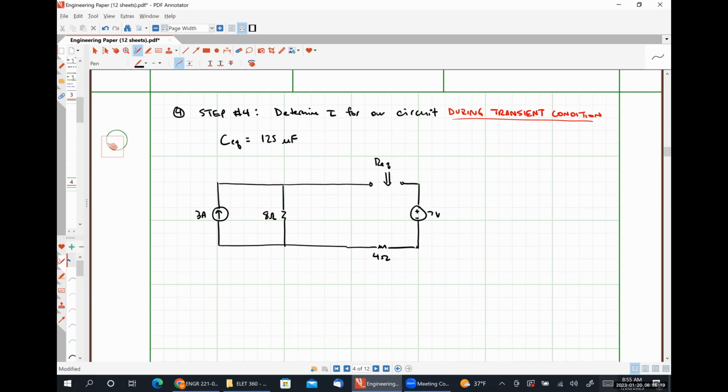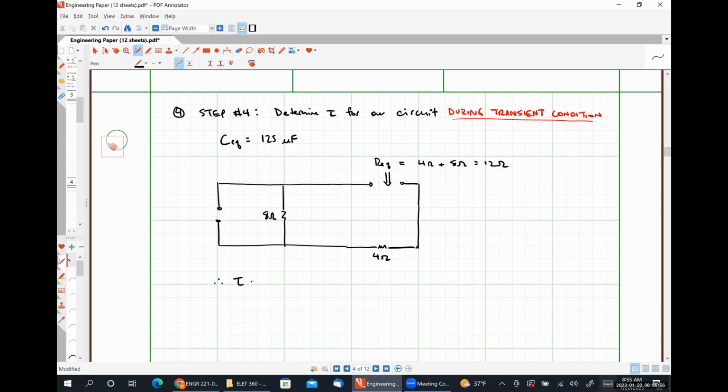Because we're finding a Thevenin equivalent resistance, we need to be looking at a dead network, which means our 7-volt source needs to be turned off by shorting it out, and our 3-amp source needs to be turned off by open circuiting it. So what resistance do we see? 12. 12, just 4 in series with 8. All right. So from this,